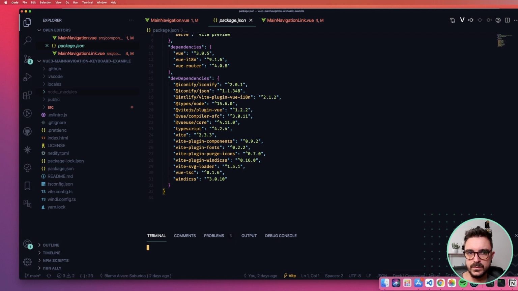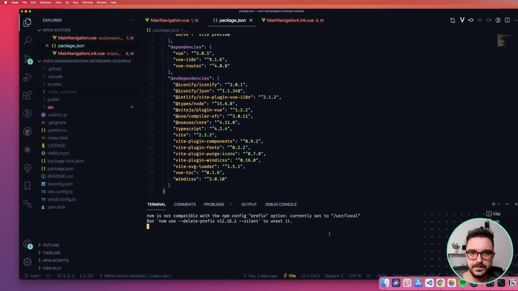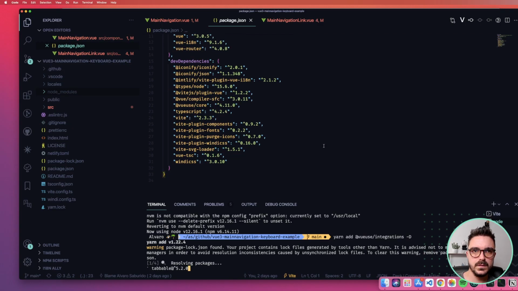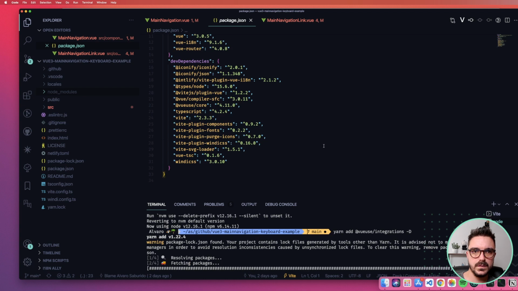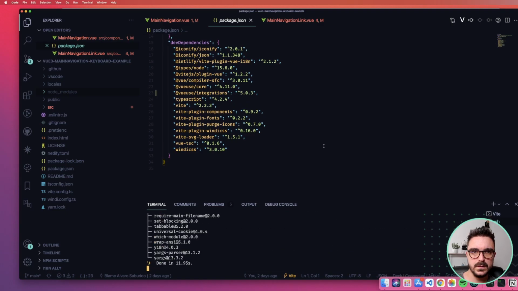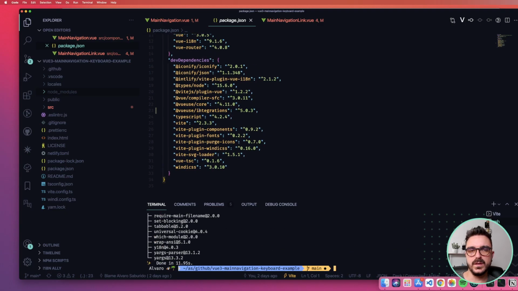So I create a new terminal here. And we do yarn add VueUse integrations, and we mark it with a D. Okay, it was because I didn't save it in the package.json.